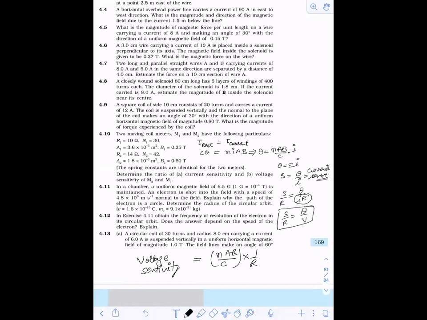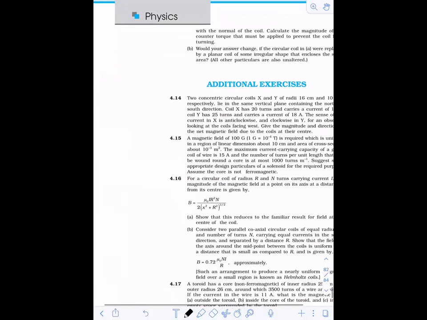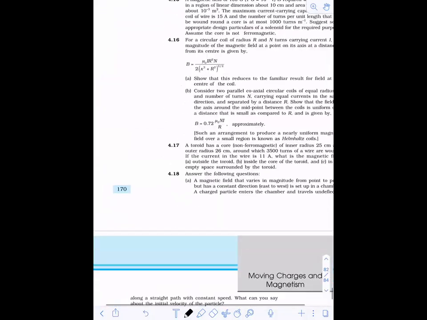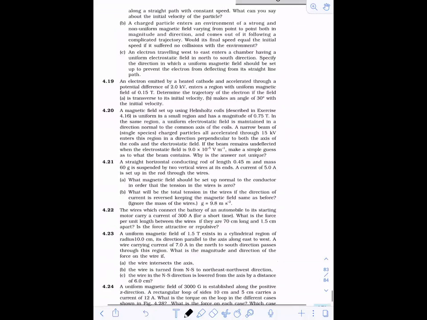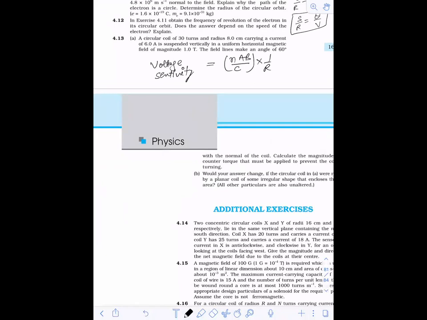So now only 4 questions. See here, one more thing, though we have till question number 28, I don't think you should be solving beyond question number 13, because the additional exercise is higher level problems for JEE students. If you can solve up to question number 13, that would be more than enough.